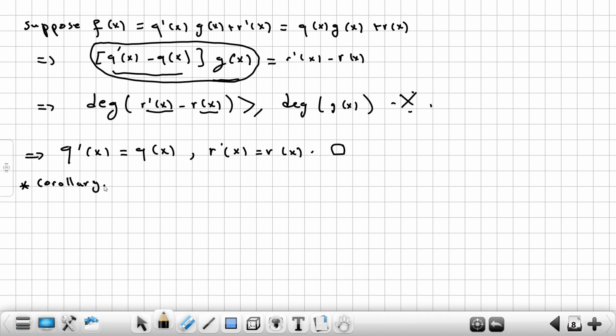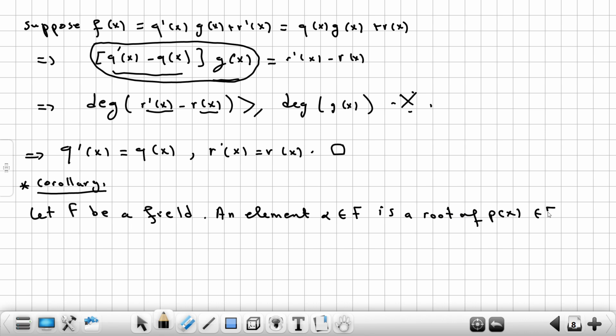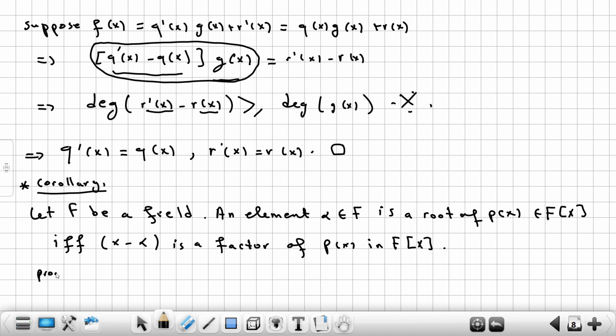A corollary: let F be a field. An element alpha in F is a root of p of x, a polynomial in F[x], if and only if x minus alpha is a factor of p of x in F[x]. Proof: